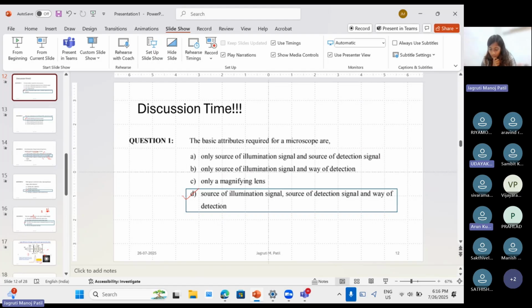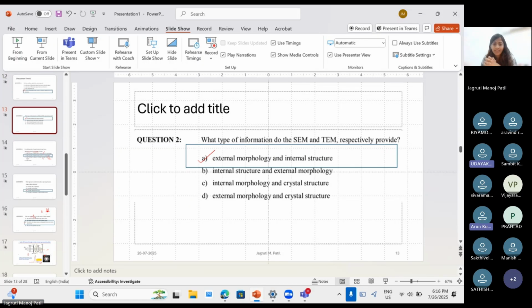So the first one was the attributes for a microscope. There are three basic needs that you want to see in a microscope. First is your source of signal. Second is where you are trying to see the signal from. And third is the way of detection of it. The next one. The second one is what type of information do SEM and TEM give us? So SEM